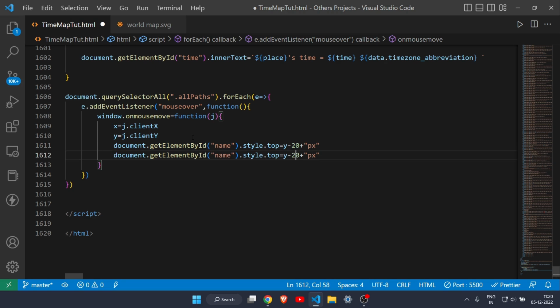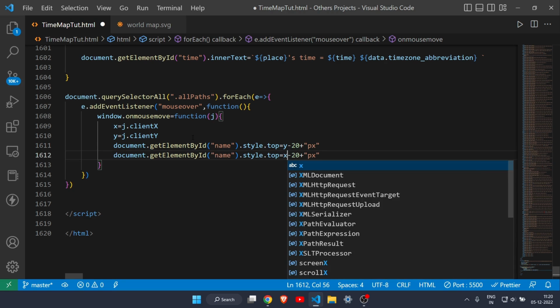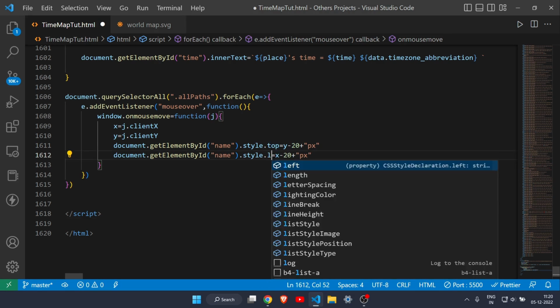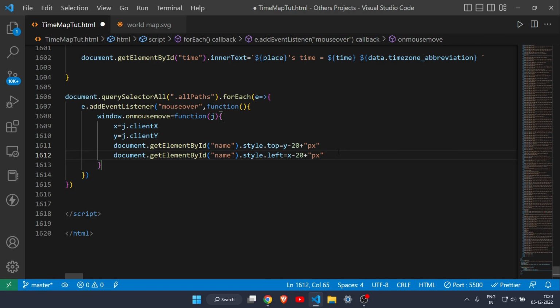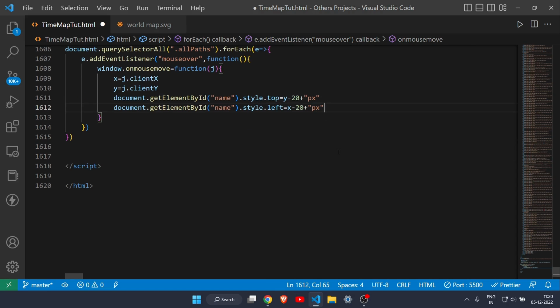So we will do the same for x here, and this is for left. So then what we have to do after this here,